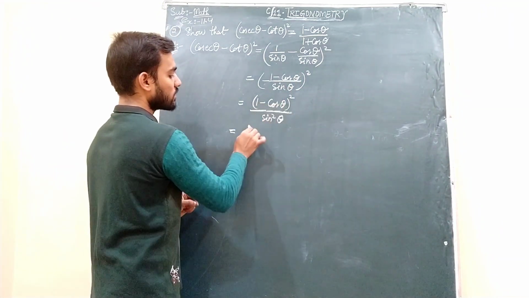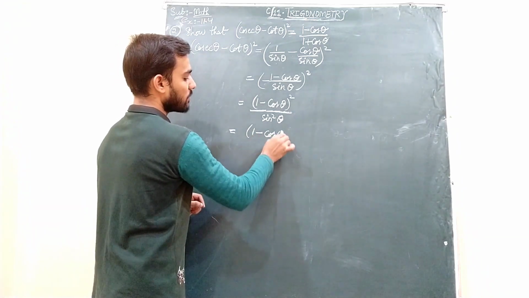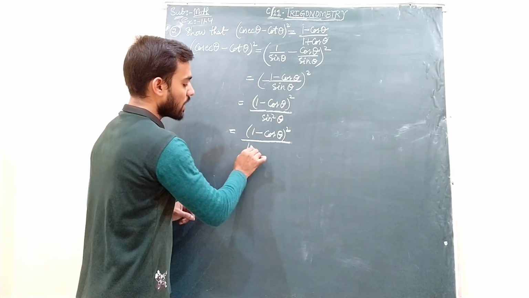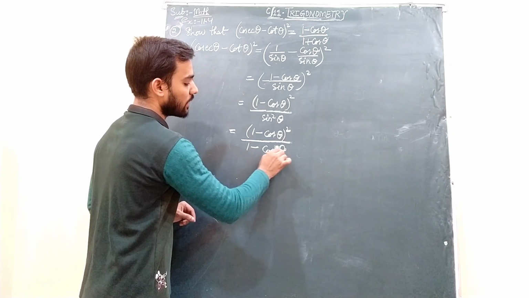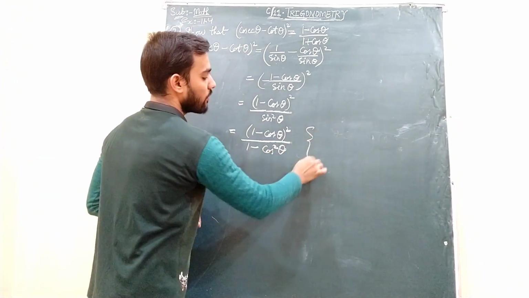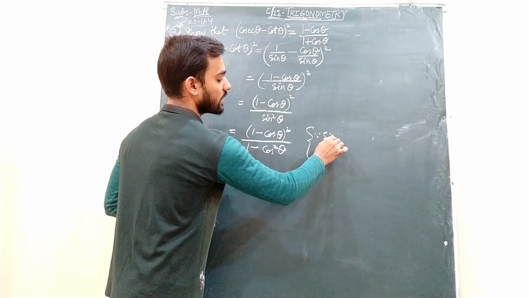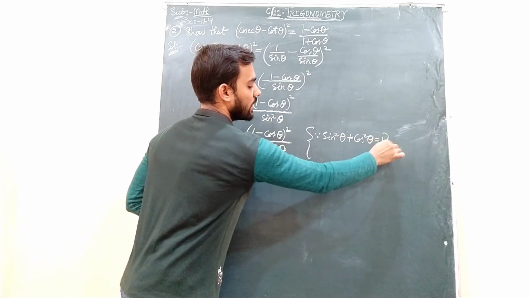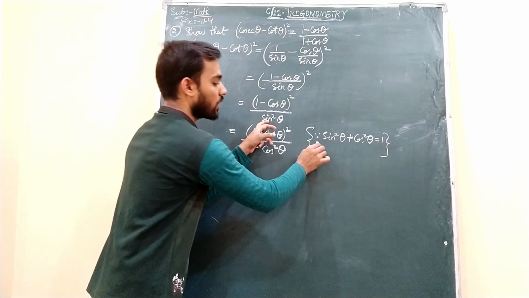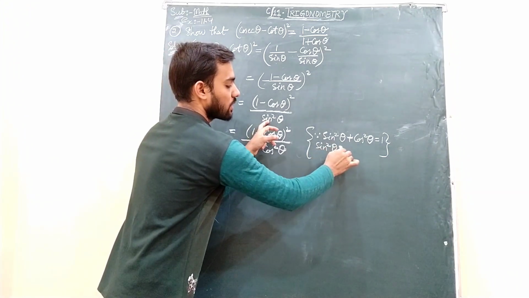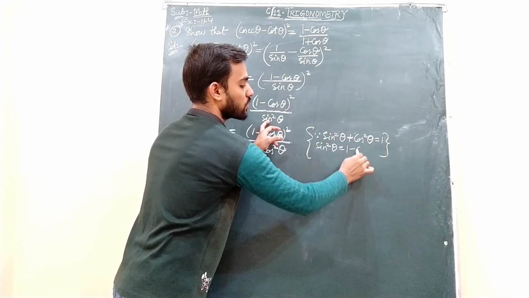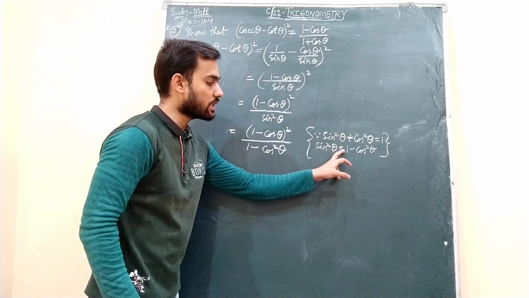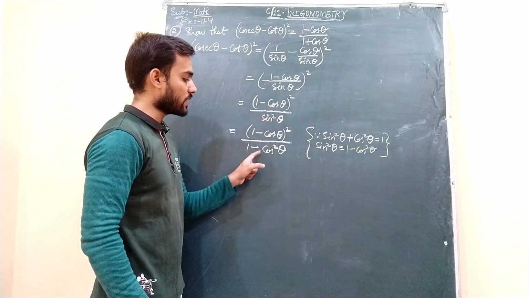Now students, this (1 minus cos theta) whole square I will keep as it is, divided by this sin square theta, which can be written as 1 minus cos square theta. Through our first trigonometric identity we have seen. First trigonometric identity is what? Sin square theta plus cos square theta equals 1, right? So if I want the value of sin square theta, what I have to do? This plus cos square theta needs to be transposed over that side: 1 minus cos square theta. So using the first identity, sin square theta can be replaced as 1 minus cos square theta. So in place of this, I have written this.